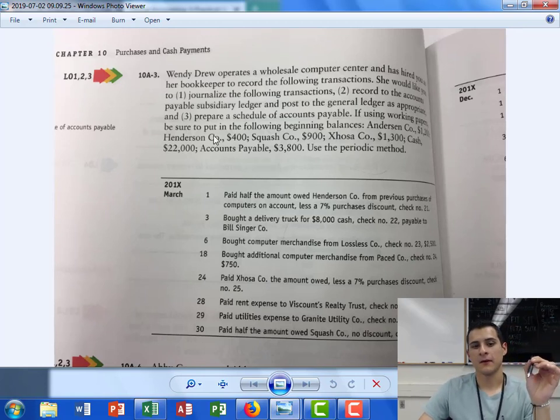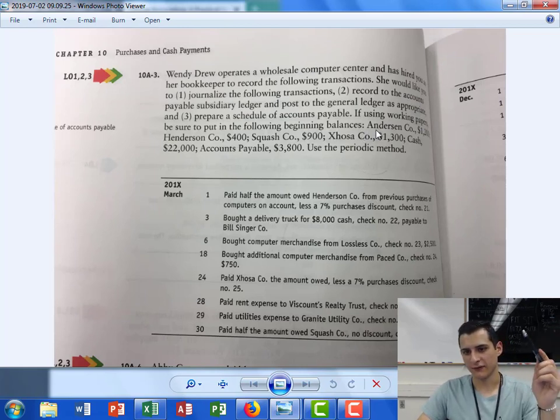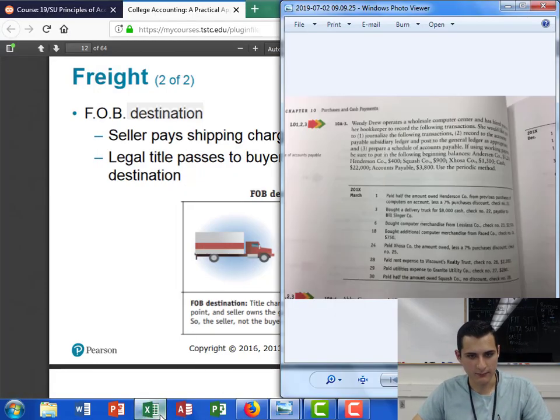assignments is that you need to be very careful in reading this small paragraph in the beginning of your assignments, because it's giving you initial balances that were from the last pay period, from the last accounting period. So for example, here Anderson Company has $1,200 in the subsidiary ledgers. So if I go ahead and bring this to the side and bring up my other